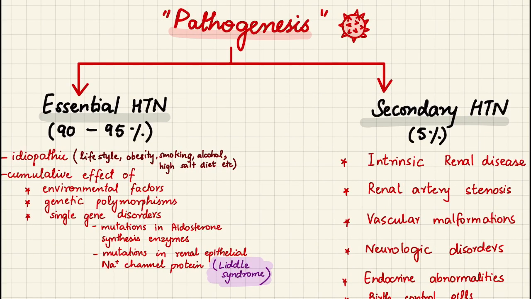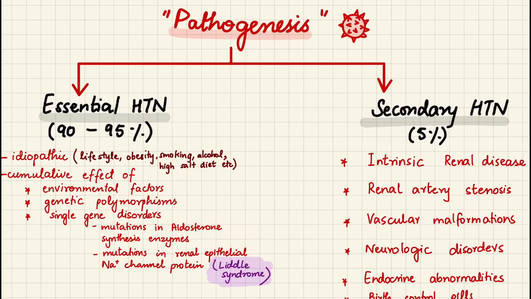This is not specifically pathogenesis, but these are more like etiologies. As we talked about first, essential hypertension is going to be the 90 to 95% of the cases of hypertension. So in this case, we do not exactly know what is causing the hypertension, but there is hypertension. It can be idiopathic, which can be linked to lifestyle, obesity, smoking, alcohol, high salt diet, as I spoke of before, and it can also be a